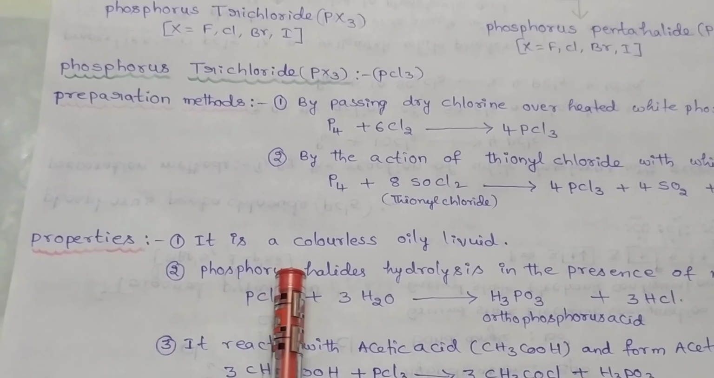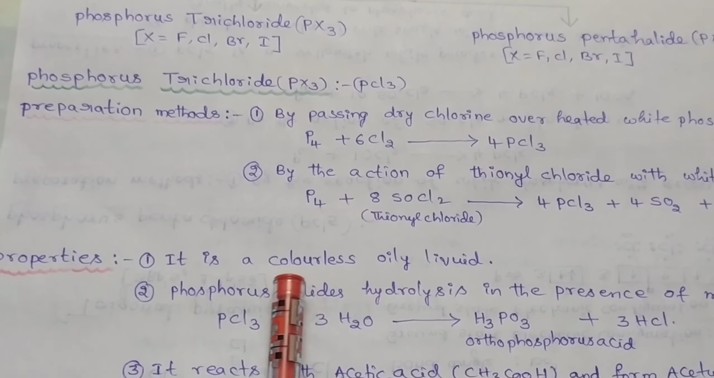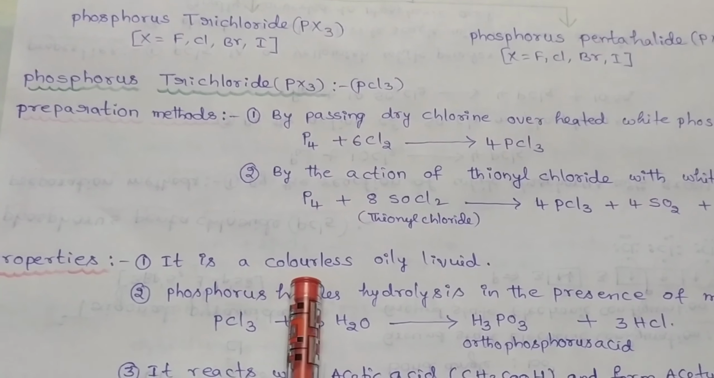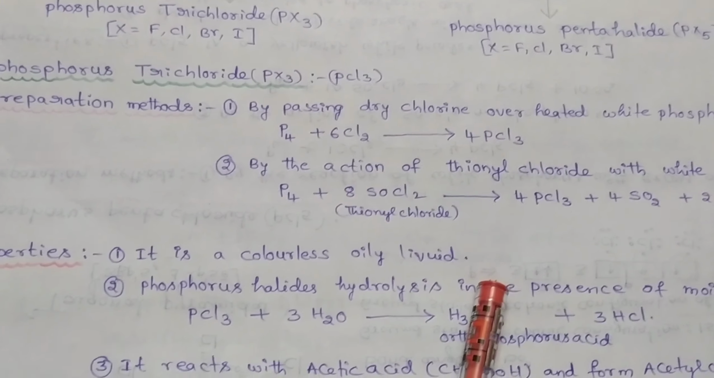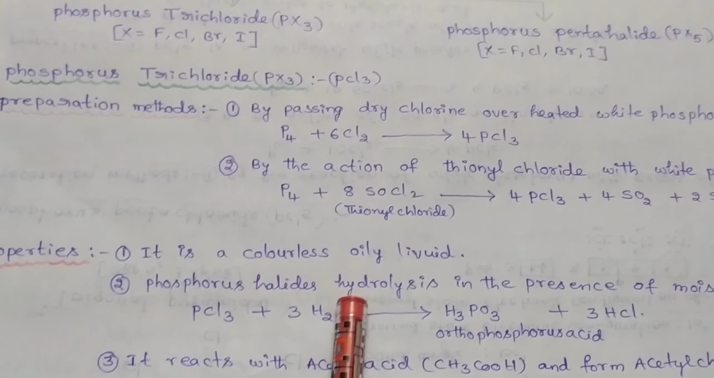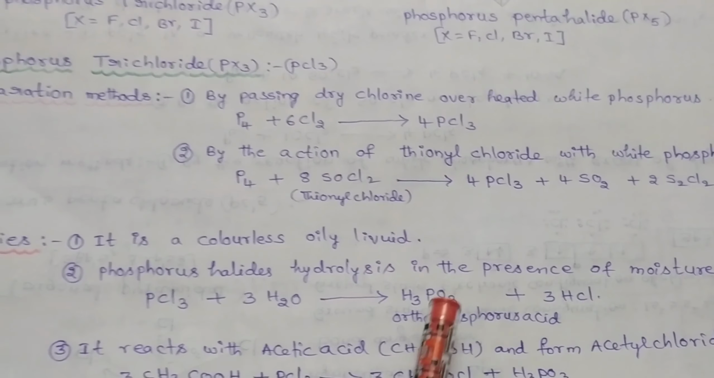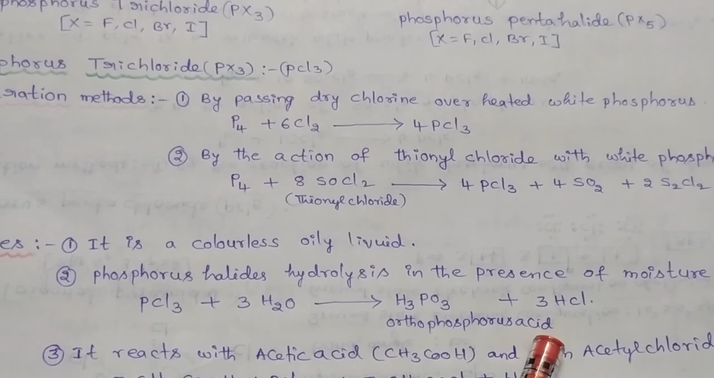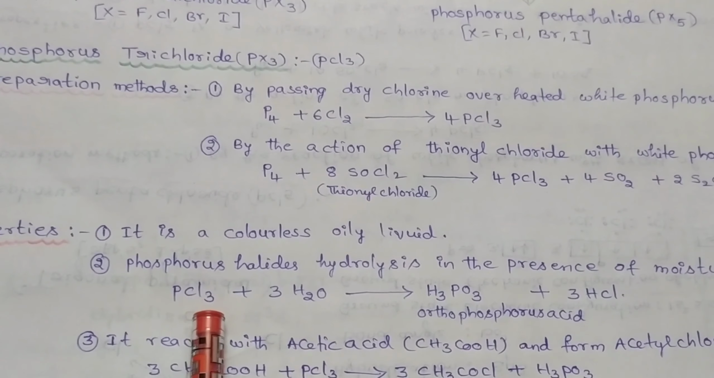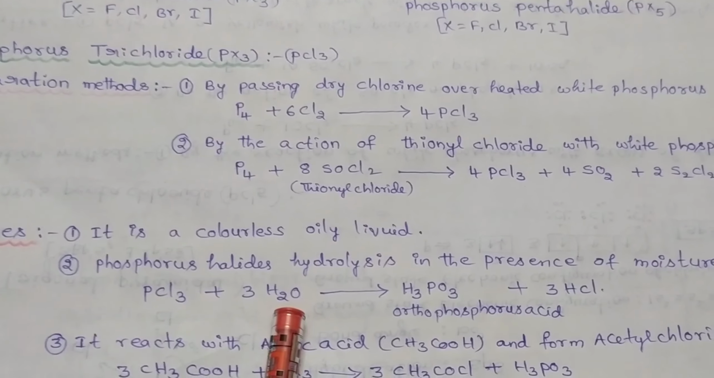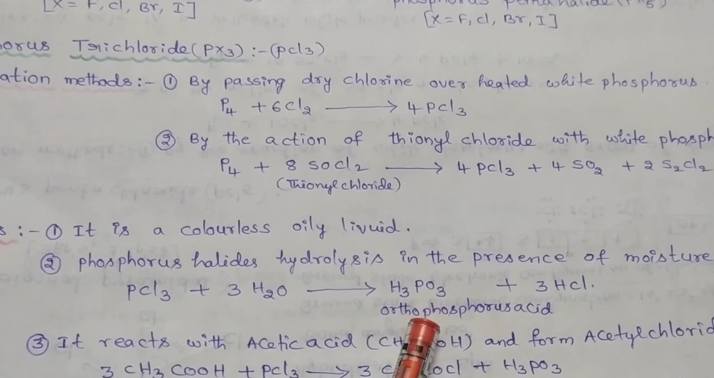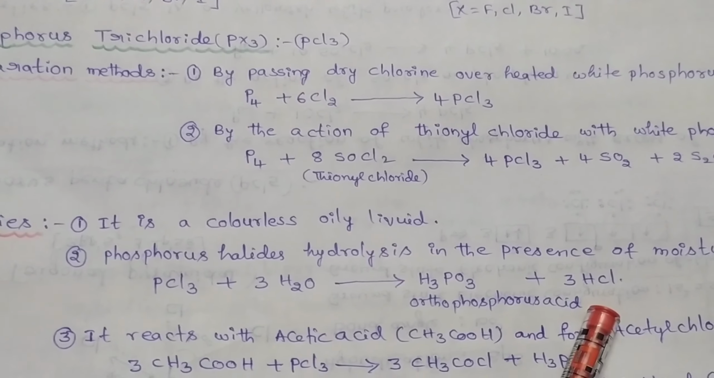Now we discuss the properties of phosphorus trichloride. Phosphorus trichloride is a colorless oily liquid. Phosphorus trihalide on hydrolysis in the presence of moisture forms orthophosphorous acid. For example, when PCl3 reacts with 3 moles of water, it forms orthophosphorous acid and hydrochloric acid as